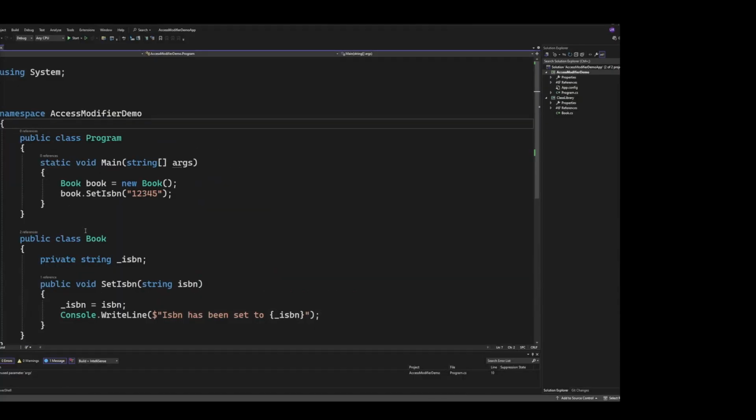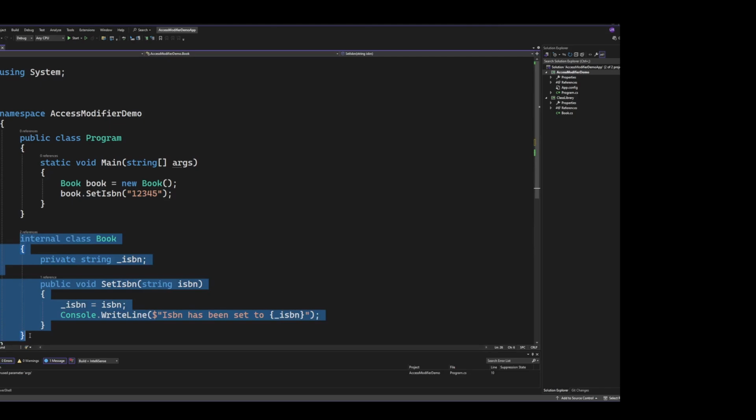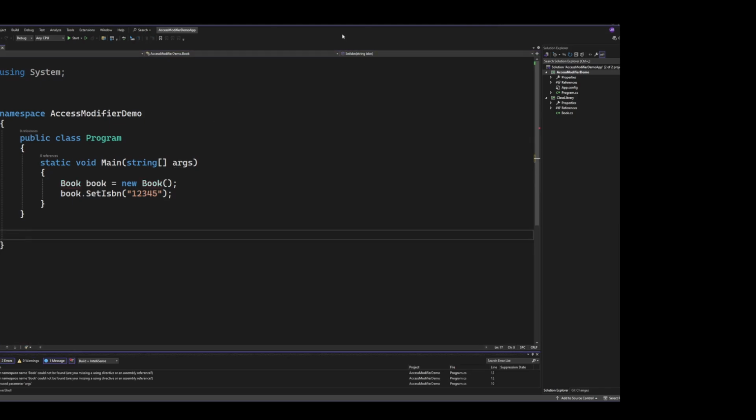Now let's discuss internal. Internal means the member is accessible within the same assembly but not from another assembly. If I change the book class to internal, it still works because we are within the same assembly. If I move this class to another assembly, which is our class library,